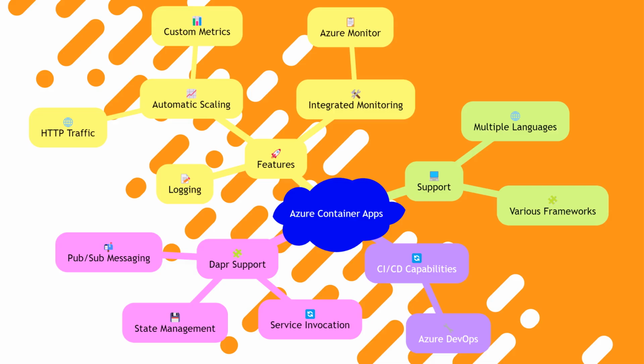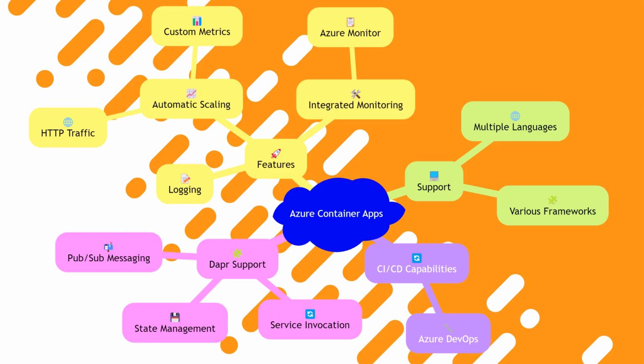Azure Container Apps provides a range of features designed to simplify the development and deployment of containerized applications. These features include automatic scaling based on HTTP traffic or custom metrics, integrated monitoring and logging through Azure Monitor, and support for multiple programming languages and frameworks. The service also offers built-in CI/CD capabilities through Azure DevOps, enabling continuous integration and deployment of applications. Furthermore, Azure Container Apps supports DAPR, Distributed Application Runtime, which simplifies building microservices by providing APIs for service invocation, state